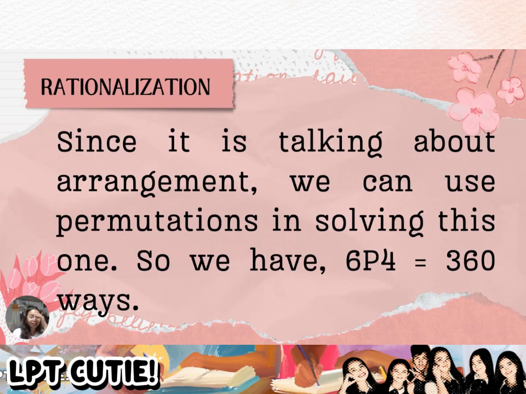So how did we get it? Since it is talking about the arrangement, we can use permutations. We can use our calculators. You press 6 permutation 4, which is equal to 360 ways. So you don't have to solve that hard, since we have our calculators with us. So next,